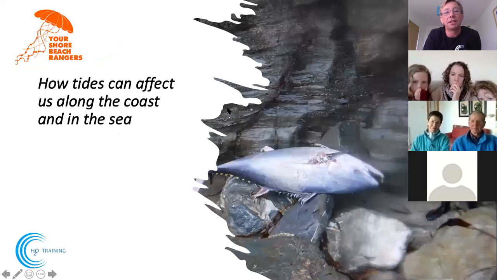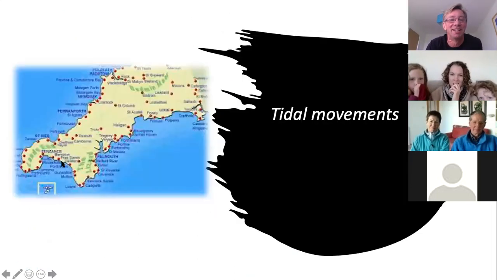So how does it affect whenever we go to the beach? This is an amazing picture. This is one of the students from the sports science course at UK College, and we were coasteering in the UK. We came across this beautiful tuna. Unfortunately, it had been washed up, massive spring tides, and it must have got caught somehow in around the rocks. But I'm not a marine biologist, so I'm afraid I can't answer many questions about that.